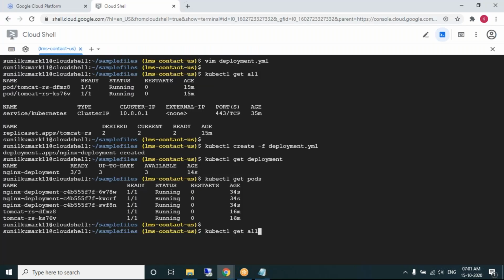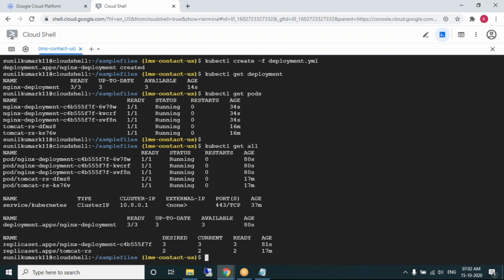kubectl get all will get the complete information. You're getting the information about the pods, the deployment object, and the replica sets which we have created. That's fine, the complete information you're getting. Now this is the deployment object name.